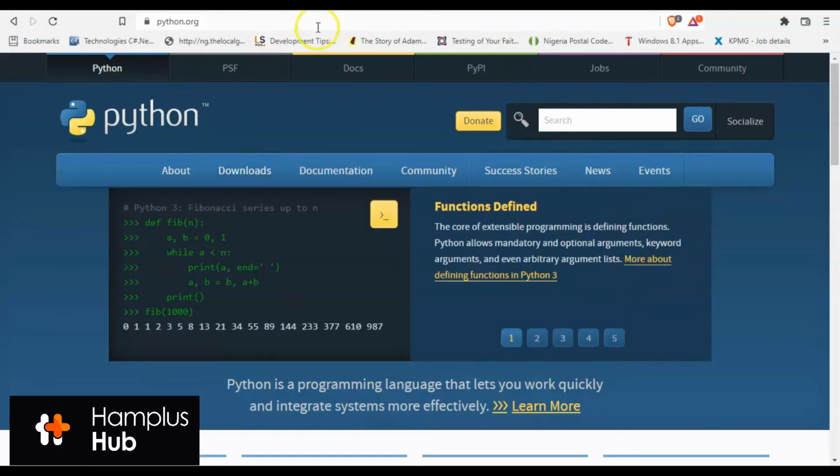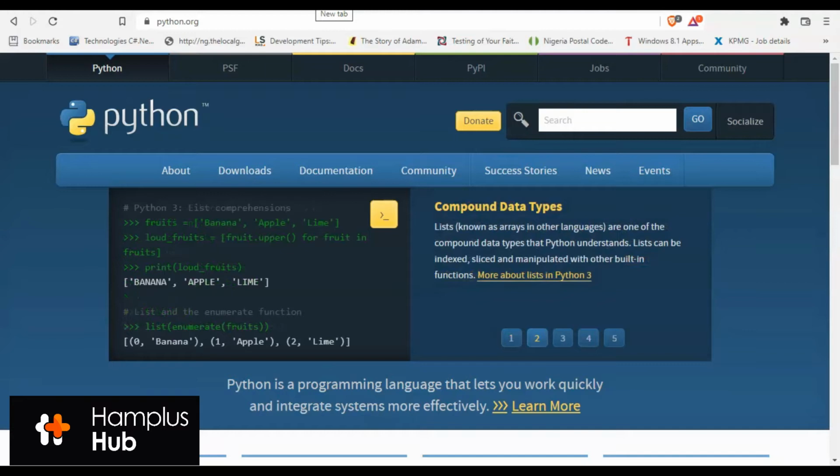And if you're on your mobile, you can go to your Play Store, then install QPython.